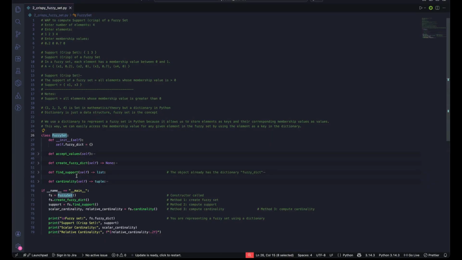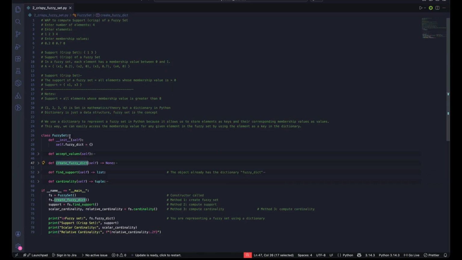We have two other methods also, that is accept values and create fuzzy dictionary, which we will consider to perform a single operation, that is to take input as a key value pair to demonstrate the element